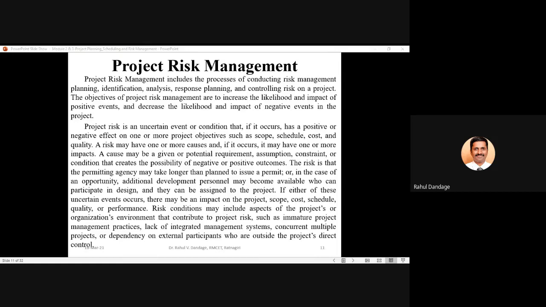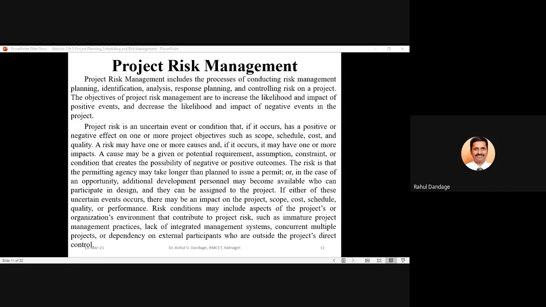We should understand how the responses to these risk categories should be planned, how they should be responded to, and finally how the risks can be controlled for a specific project. So all these things are considered when we use the term project risk management.